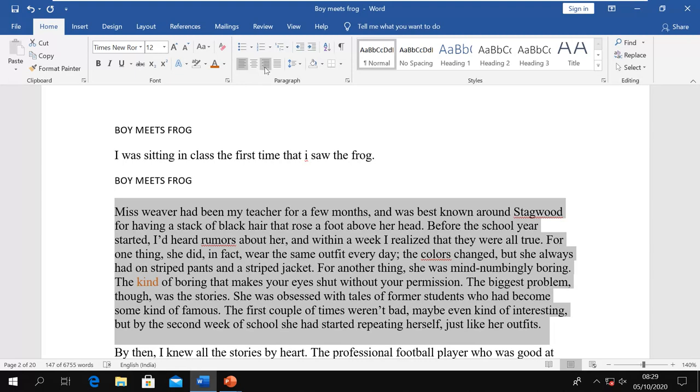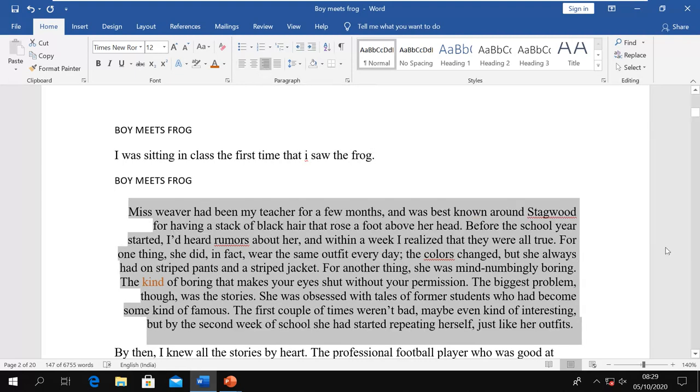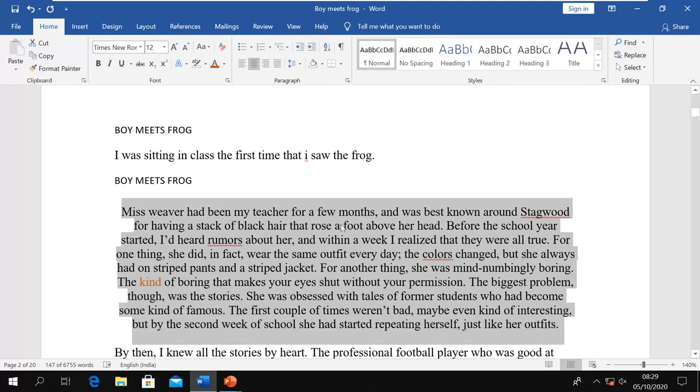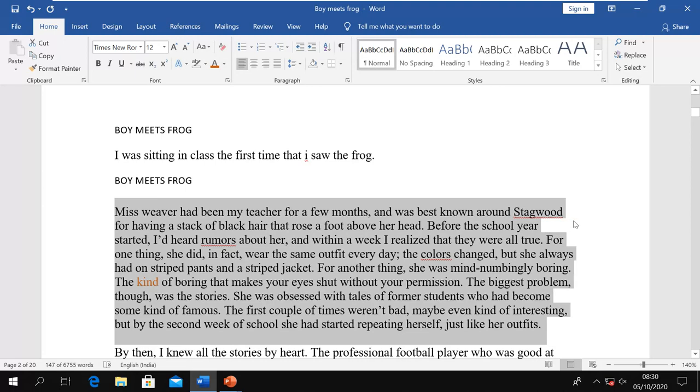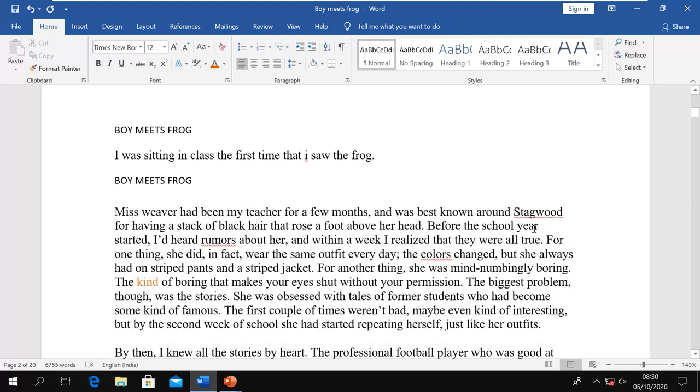First I will align it to right. So when I click here, now you will see it is aligned rightward, and on this side they are not equal because they are not aligned on this side. Now if I go for the center, now it is aligning in the center, and on both sides it is not caring about the size of the line. Now why are those lines not equal? That is because suppose we have a margin here, so in the margin we can fill the text till the margin. Now as you can see here in this line it says years. Now after the years the word is started.